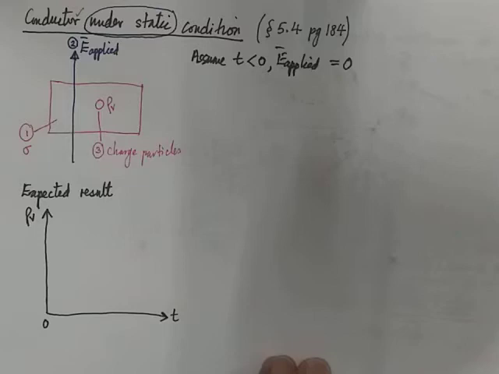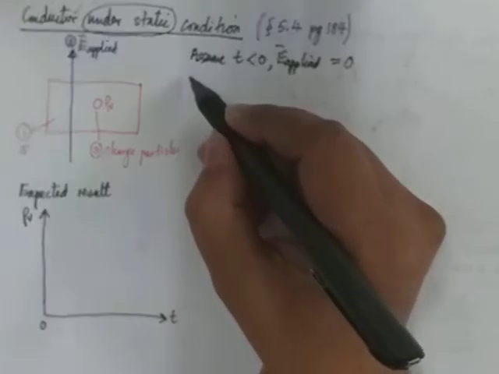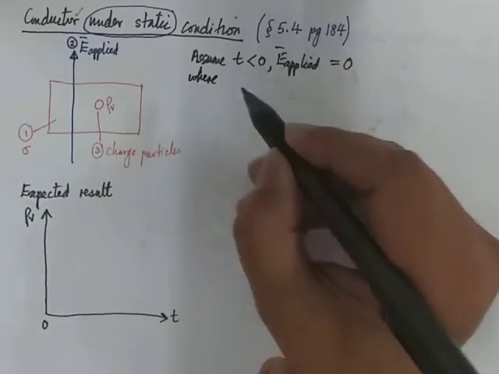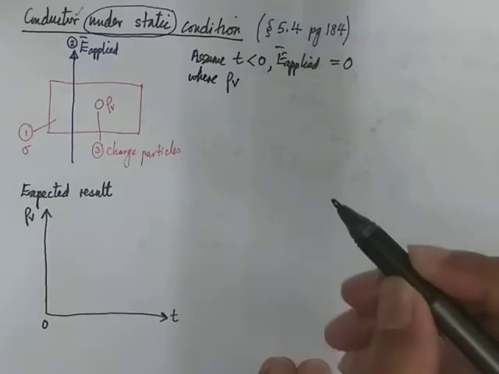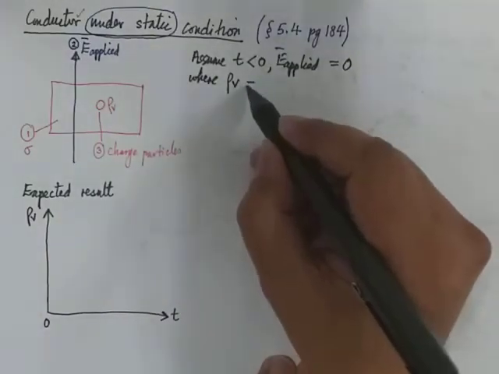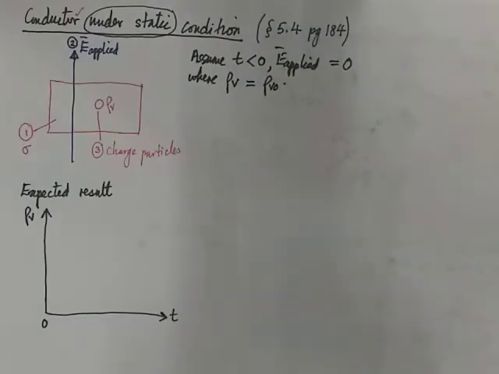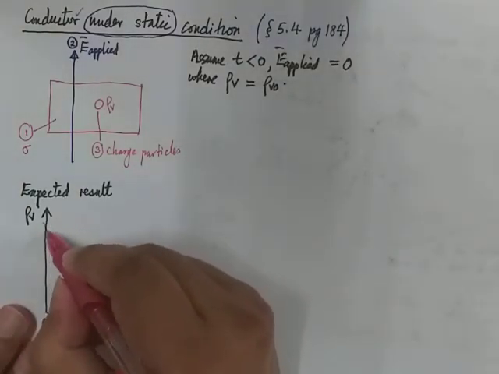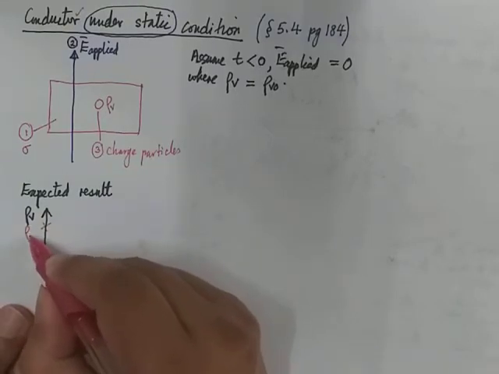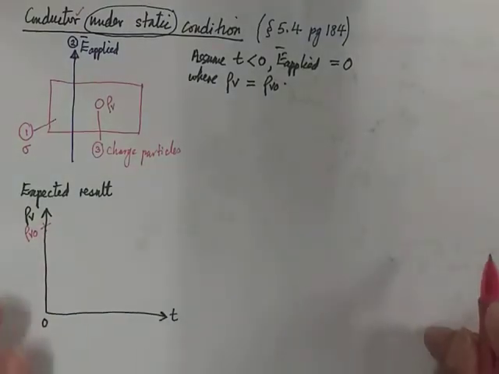Okay, and then where rho v, which is the volume charge, is said to be equal to rho v naught, meaning that there's a value. So therefore, on the graph, let's indicate that to be here. So let's say rho v naught. So meaning that the volume charge is equal to rho v naught, which is a number here,